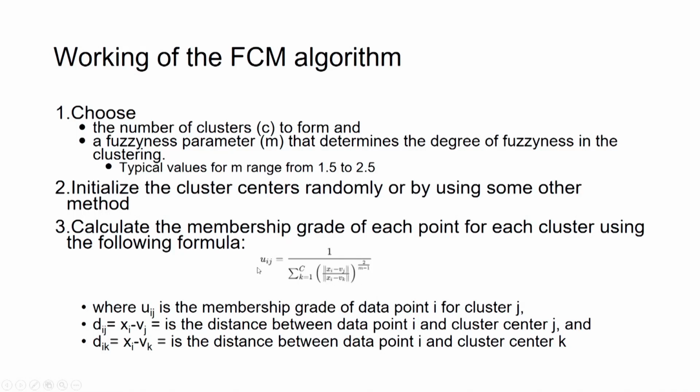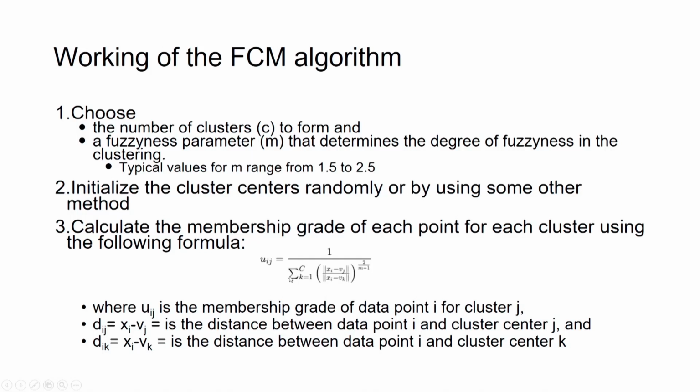the distance of the ith data point with the centroid of the first cluster, plus the ith data point and second cluster distance, plus the distance of the ith point and third cluster, and so on. So, we will take the power of this term. That power contains this m, which is the fuzziness parameter. So, using this formula we can find out the membership grade for each data point for all the clusters, and